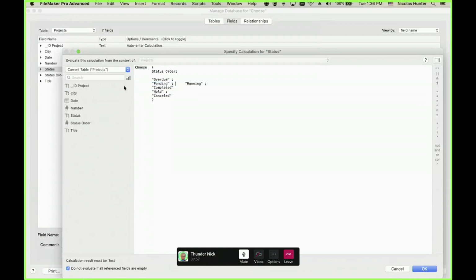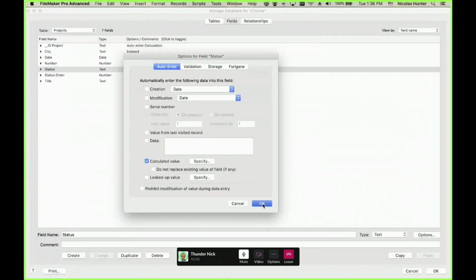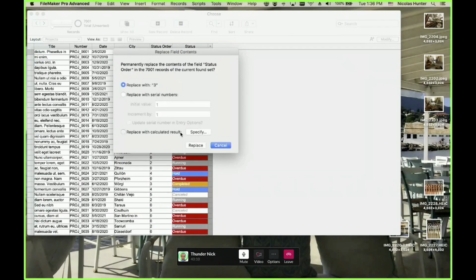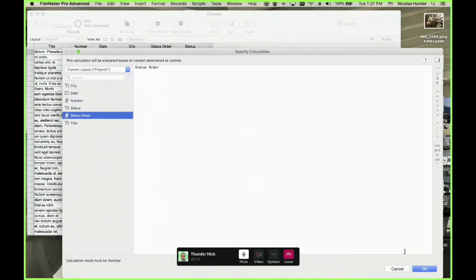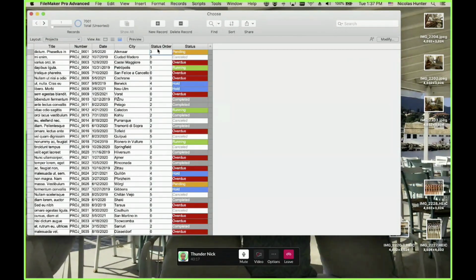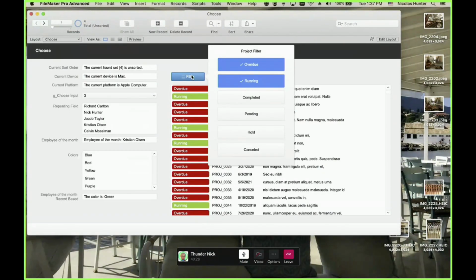Oops. So let me put it back, because when you use the file, you will understand. So I'm doing that just to reset the auto entry calculation, and boom. See, I'm back the way I want, right? So it's very important. Now I want to show you how this works here.